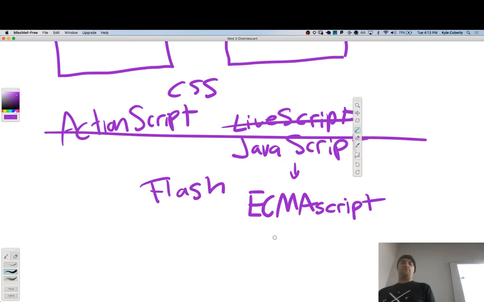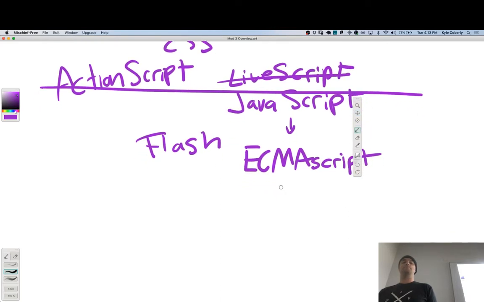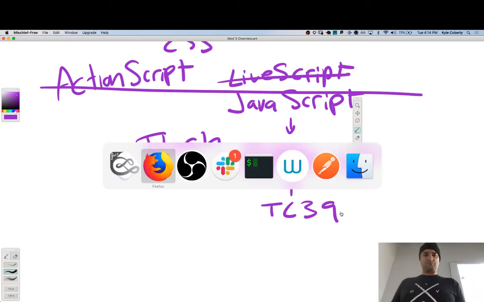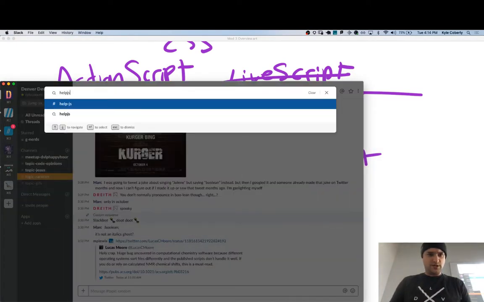And it's governed by a body, anybody know? It's kind of a cryptic name. The ECMAScript spec is managed by TC39. TC stands for Technical Committee. And it's a group of highly influential internet people and big companies, and all of them talk about what is and isn't JavaScript. So if you want to see an interesting example of that, if we go over to help.js,